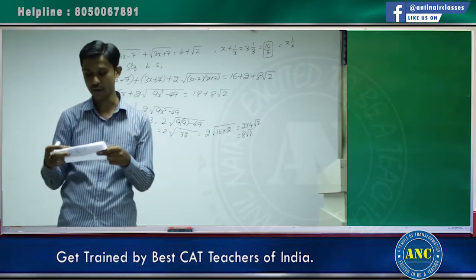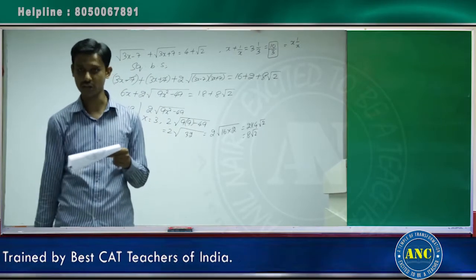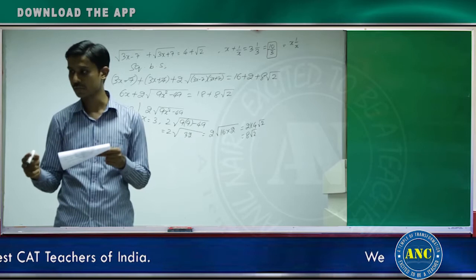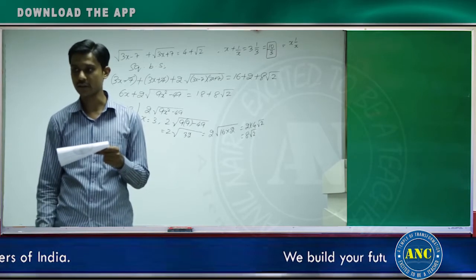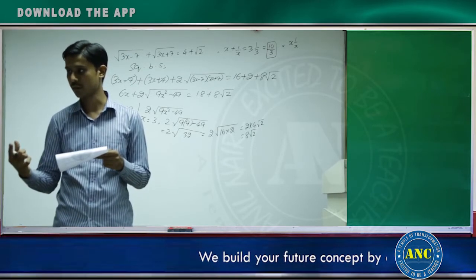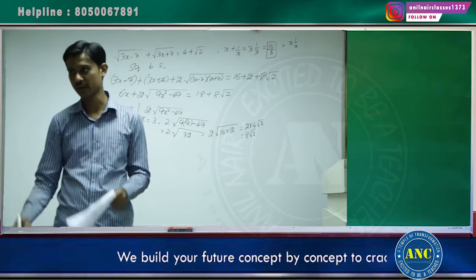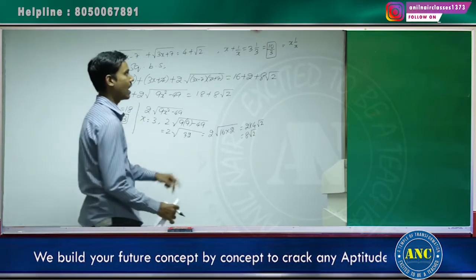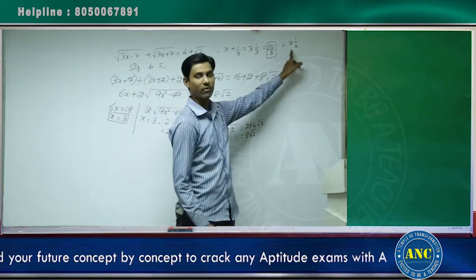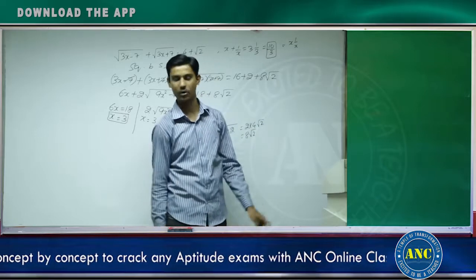9 1 by 9 is 82 by 9. 10 by 3 is nothing but 3 1 by 3. 5 by 2 is 2 1 by 2. 4 by 3, I cannot express it. Can I? Yes, 1 1 by 3, right? That means this 1 1 by 3 can be eliminated directly because it is not of